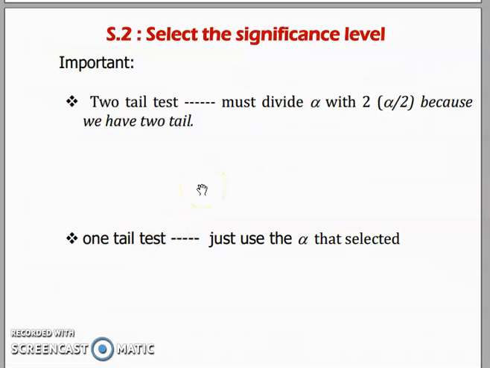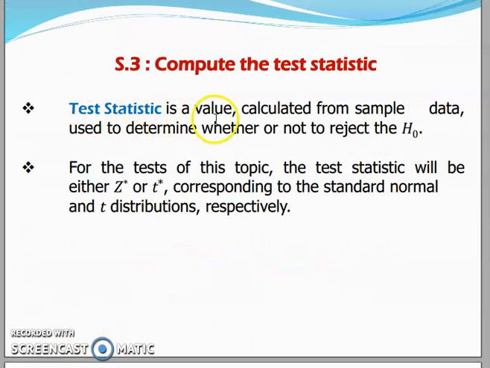Once we select the significance level or the alpha, it is important to note whether it is a two-tailed test or a one-tailed test. If it is a two-tailed test, we must divide alpha by 2, or alpha over 2, because we have two tails. And if it is a one-tailed test, we don't have to divide, we just use the stated or selected alpha. Test statistic is a value calculated from sample data and used to determine whether or not to